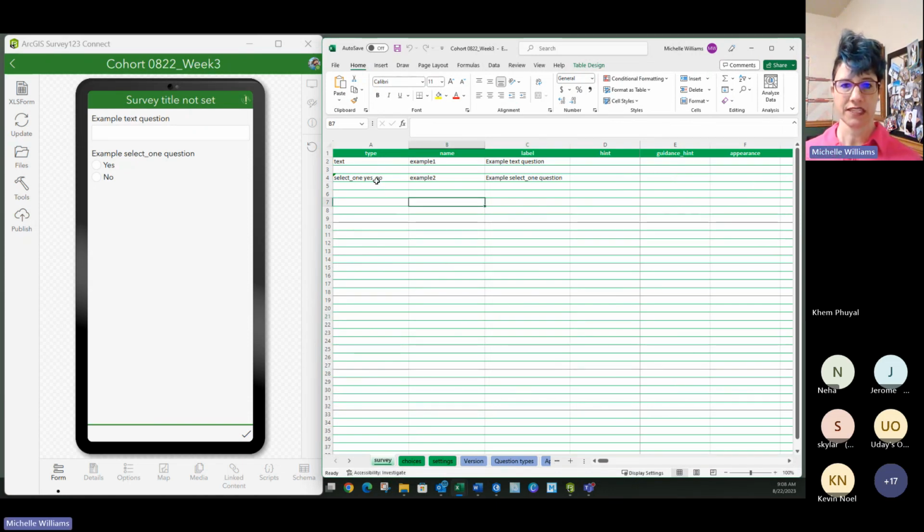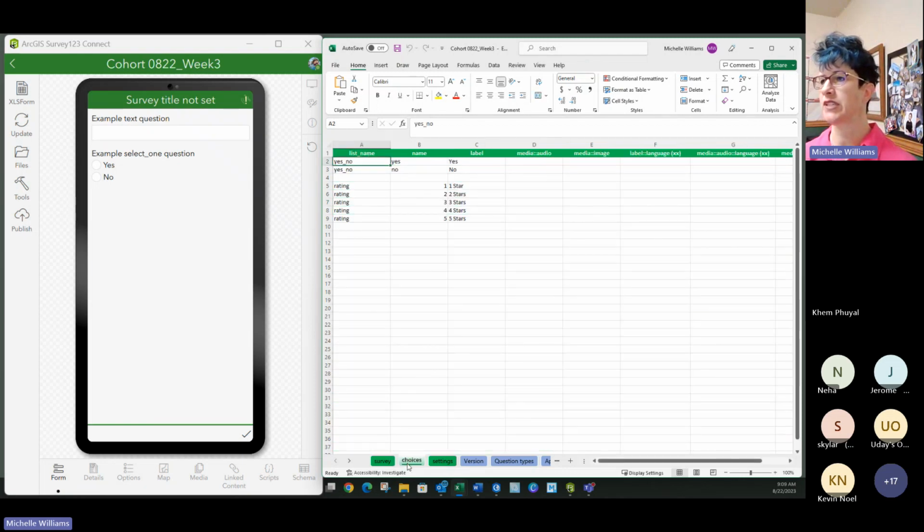Now, the first couple of things that I do every single time that I do Survey123 is I come into choices. I remove ratings because I'm never going to use that. In 7 years, I've never used that. Yes and no questions I always use, but to keep your sanity, do a copy and paste so that they're both uppercase. As a new person, when I was going through here, I just figured these were set up correctly,